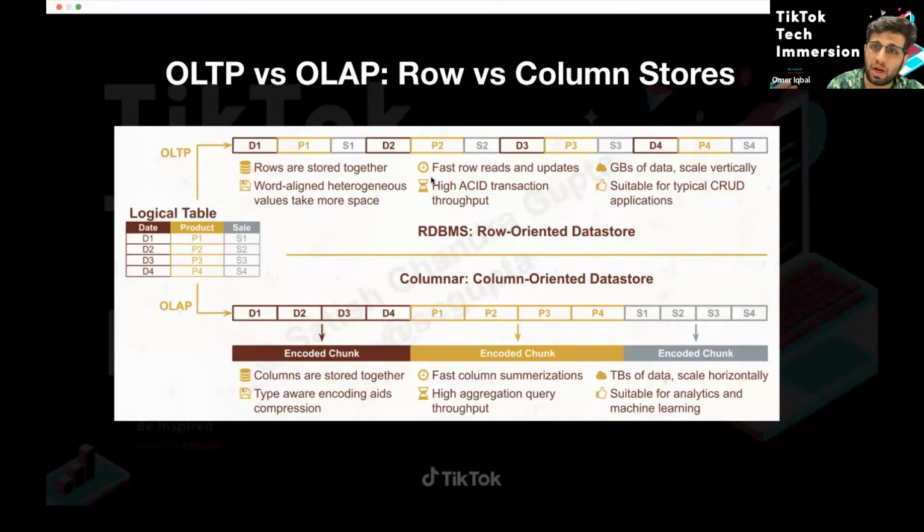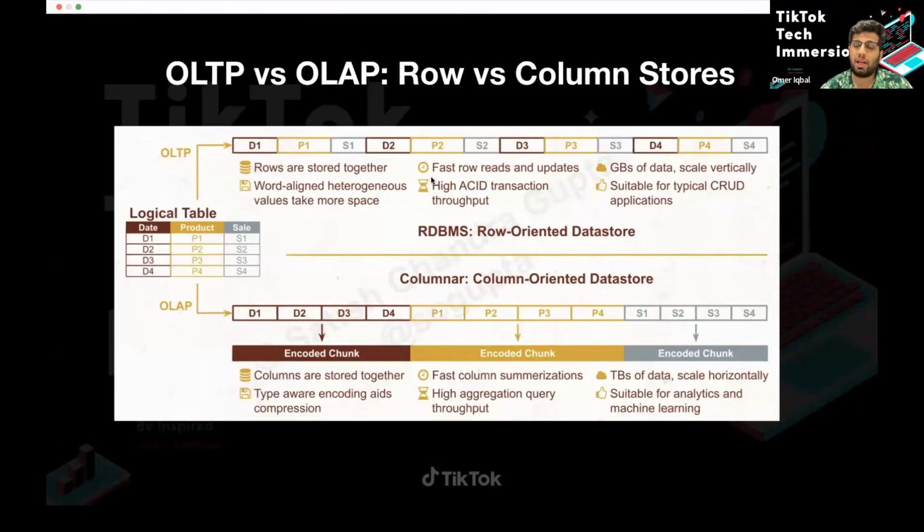I can read my row very quickly. All the data within one row is together. So if I have a row with several columns inside, all the data is there. I can just access it directly. I can also update it in place. It's very fast, right? So I can actually do this quite well. And this is normally how many databases or many storage systems that are OLTP based are usually designed around row-based